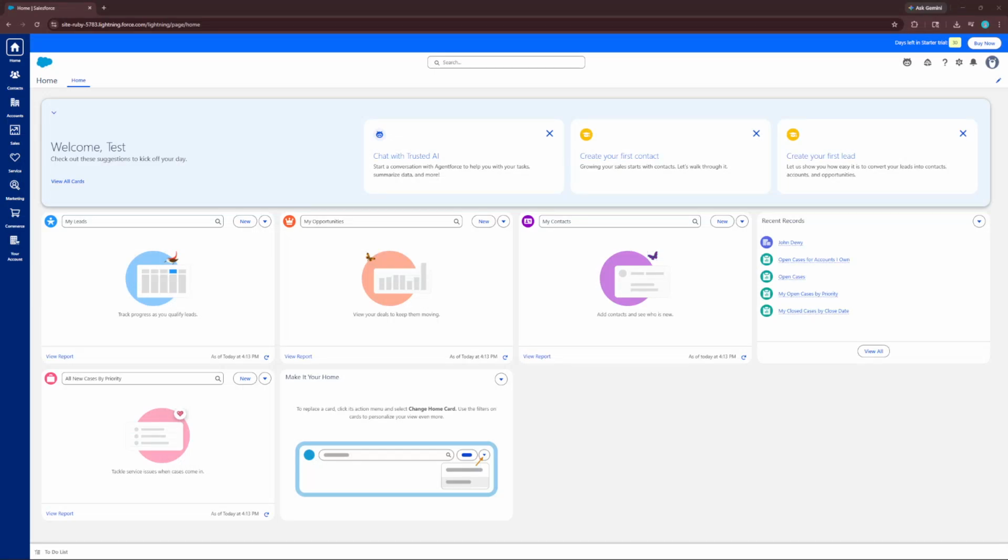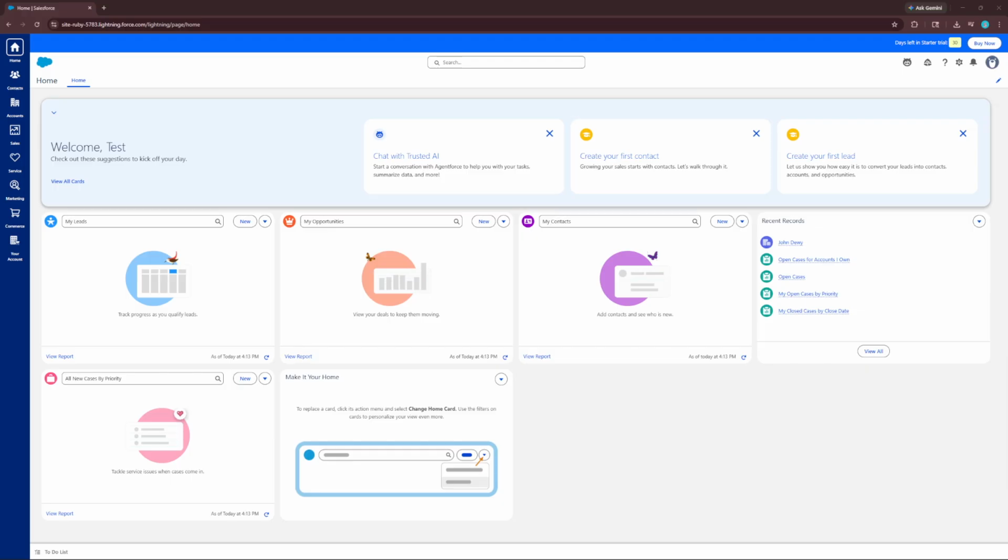In today's video, I'm going to teach you how to find the Salesforce ID for an account. Navigating Salesforce to find specific information like account IDs can seem daunting at first, but it's actually quite straightforward once you know where to look. Let's dive right in and break it down step by step so you can easily find the Salesforce ID whenever